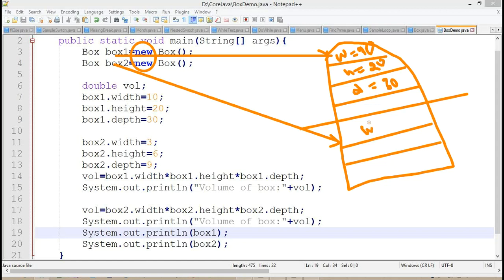But for this other object, the width has 3, height has 6, and depth has 9. How are we differentiating these two objects' information? With the help of the reference variable. So the reference variable is very important. Basically, with the reference variable only we initialize the values and access the values. Getting the point?